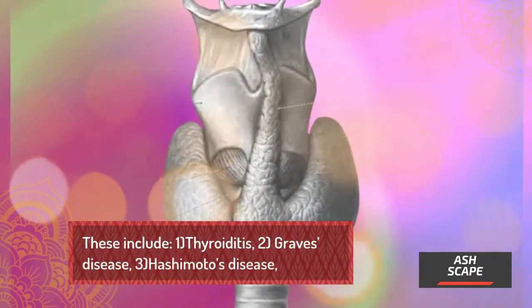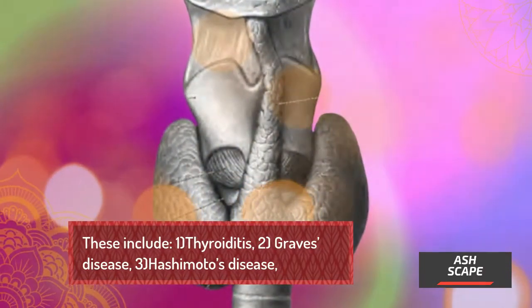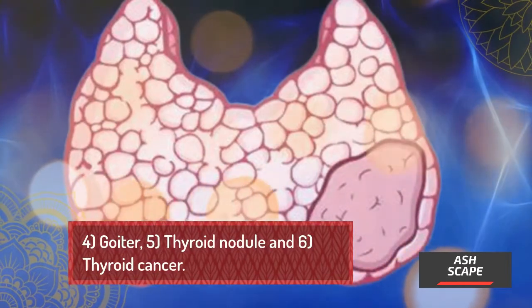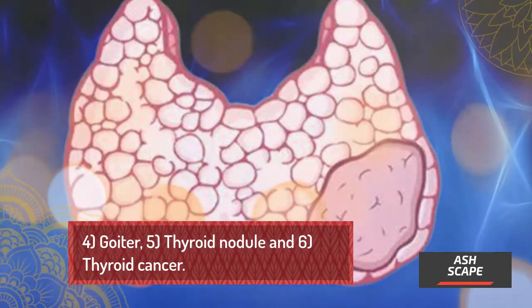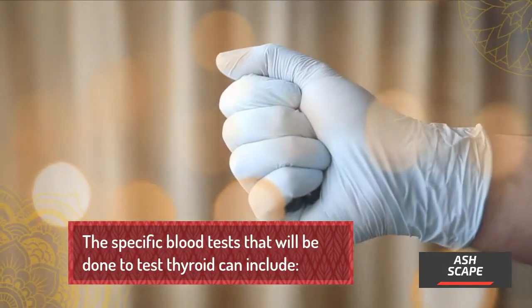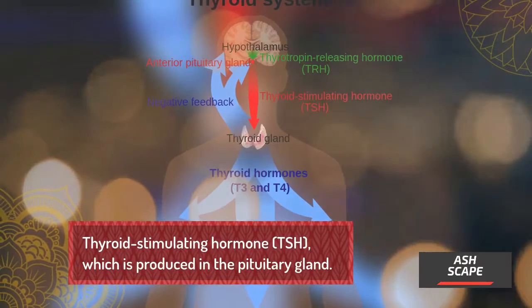Thyroid blood tests are used to diagnose thyroid disorders associated with hyper or hypothyroidism. These include 1. Thyroiditis, 2. Graves' disease, 3. Hashimoto's disease, 4. Goiter, 5. Thyroid nodule and 6. Thyroid cancer. The specific blood tests that will be done to test thyroid can include thyroid stimulating hormone, TSH, which